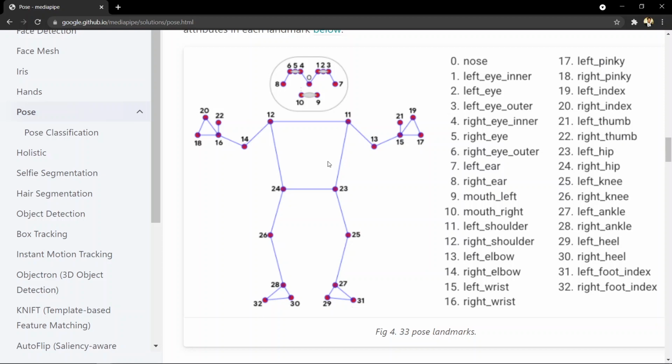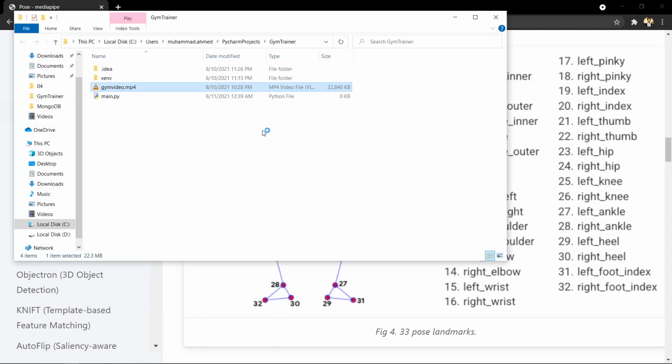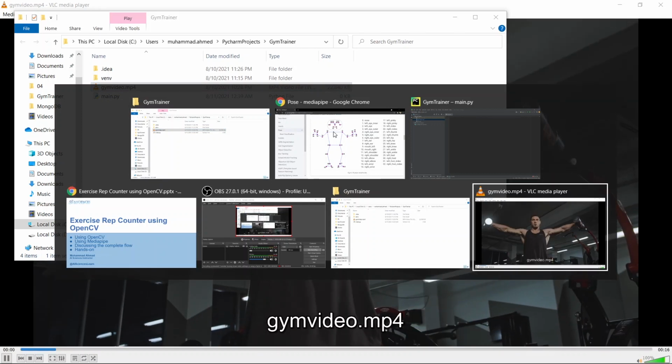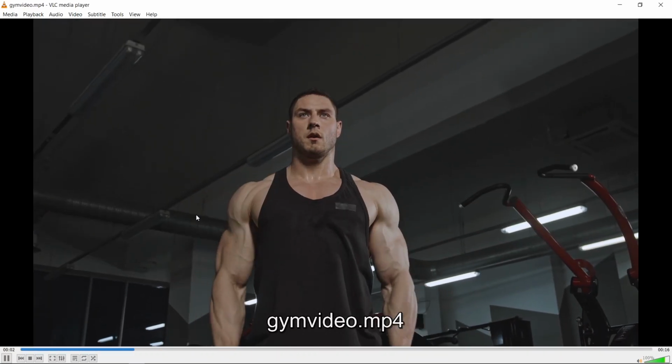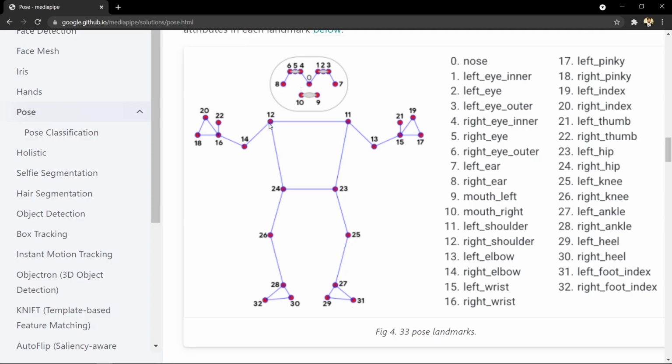Now, if I may just play this video again. So here you can see that this person is doing the exercise, and what we will do is try to check these 2 points and these 2 points.